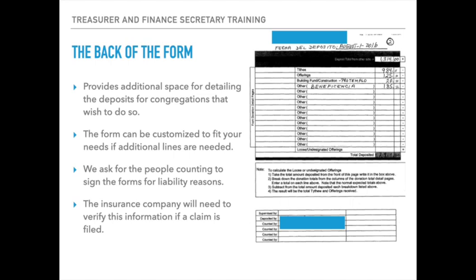In this case, we're seeing a form that was filed by a church in August of 2016 and sent us this information about the deposit. The total of the deposit was $13.14, but it was broken down by tithes, offerings, a building fund, and benevolence funds. And it is signed by who deposited and who counted the money. This is information that is crucial to the insurance companies should this deposit be lost. How can you lose a deposit? As simple as leaving it in a cab while going to the bank.